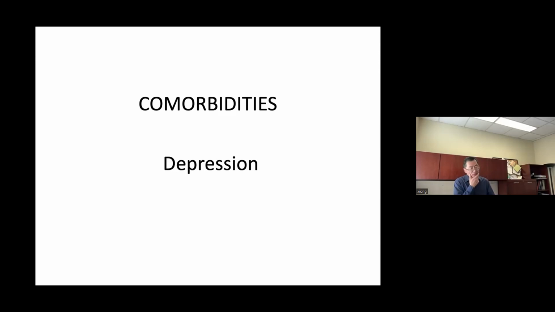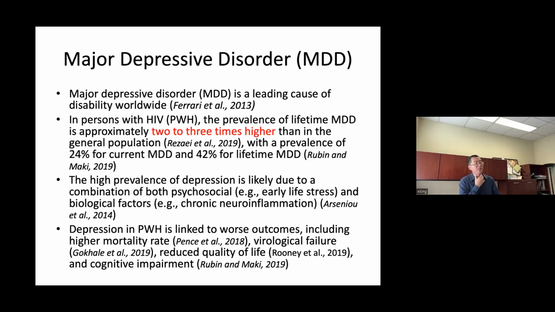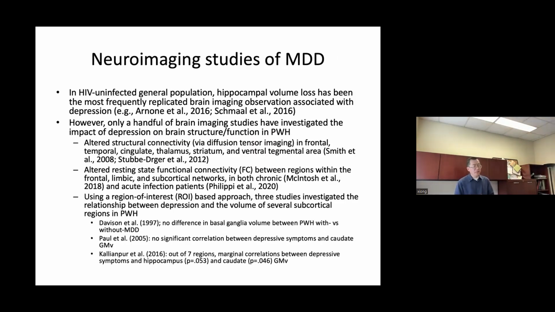Depression is another issue. It's highly prevalent in the patient population, about 2 or 3 times more prevalent. Depression in patients, even with HIV disease, has a really adverse effect. Patients with depression are more likely to have worse outcomes, including cognitive impairment, poor viral suppression, and higher mortality rate. But how depression affects brain structure and function in the HIV population